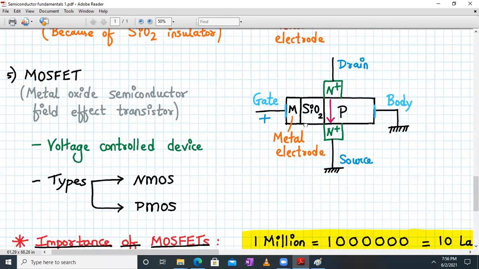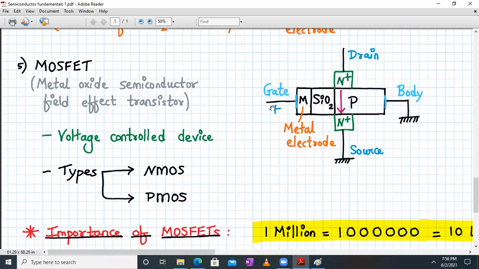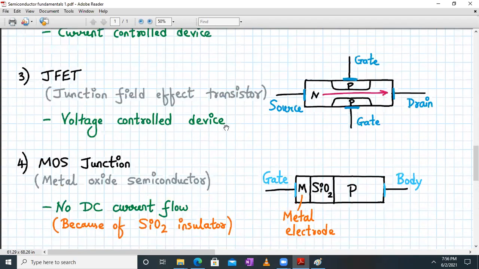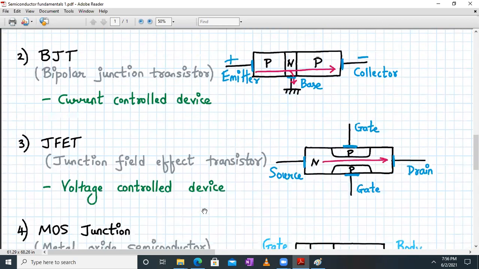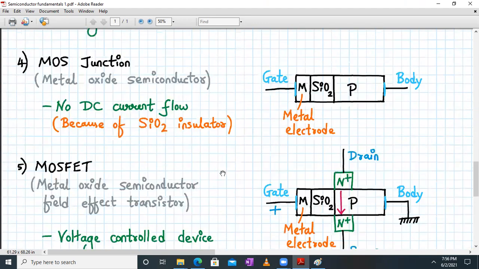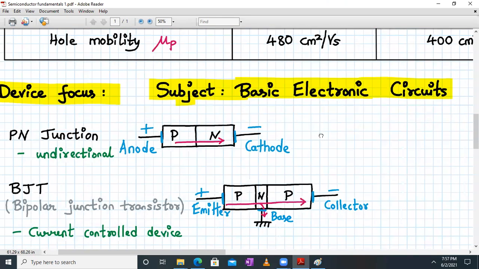So it's very, very important to understand this MOSFET very clearly, understand its characteristics and features, and how this device can be used for a different variety of applications. I hope this will be the motivation for studying. We have understood now why MOSFET is the most important semiconductor device for your subject. So focus on that, and all those things will be built up. PN junction, BJT, JFET, and MOSFET will be your syllabus for basic electronic circuitry.